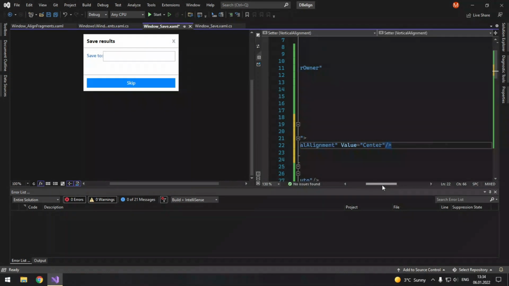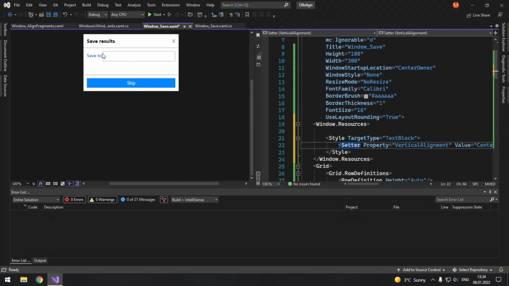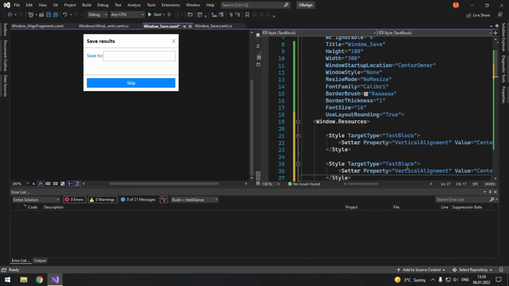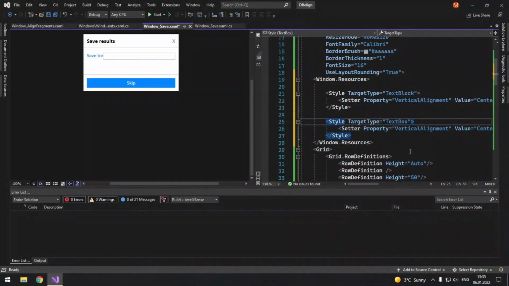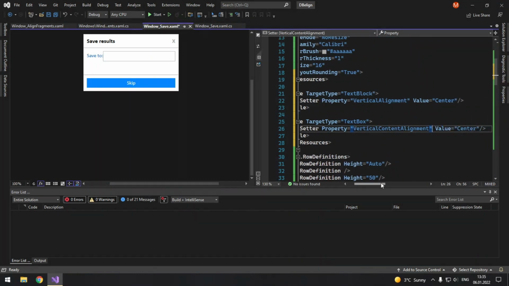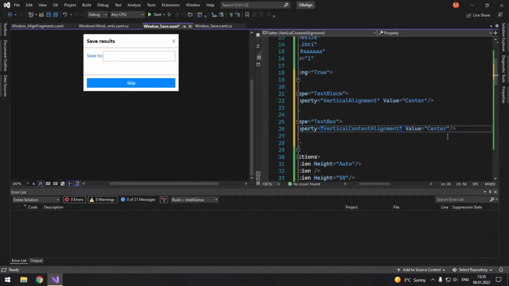Next, we will create a style for a text box. So TextBox. Okay. And we will change instead the vertical content alignment to center, and we will add left and bottom margins. So Margin equals 5 left, 0 top, 0 right, 5 bottom.